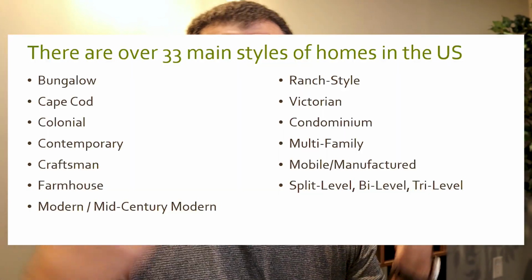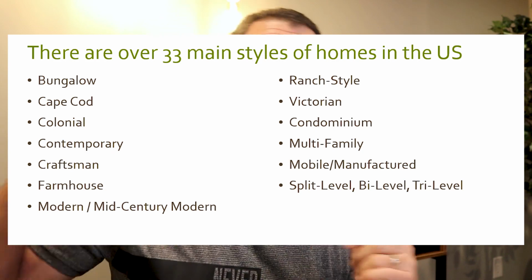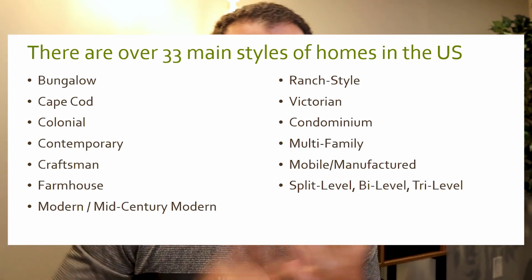Then I'm going to show you some examples of what they are and the types of materials, and how they increase or decrease your rates on your home insurance. There are over 32 different types of homes. There's your Victorians, farmhouses, contemporary, moderns, ranch style, 1.5 story, 5-story houses. There's a ton of different styles of houses. The first of the 5 most common that we're going to talk about is